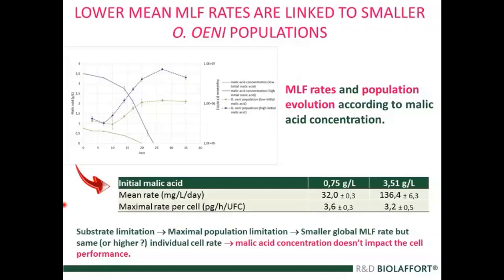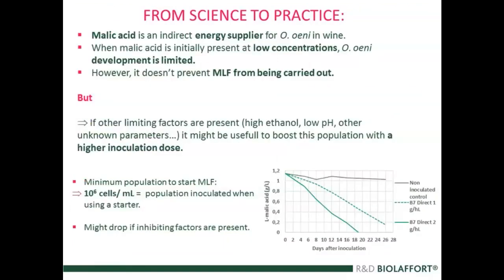Again, this means that malic acid concentration doesn't impact the cell performance, but less cells are present, so it will impact the overall general malolactic fermentation rate, even if it will not prevent malolactic fermentation from being carried out. I hope this is clear. Please, if it's not, go on with the questions, and we'll go through it again in the Q&A